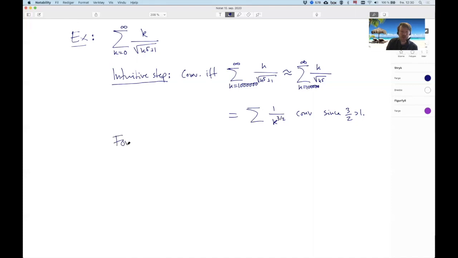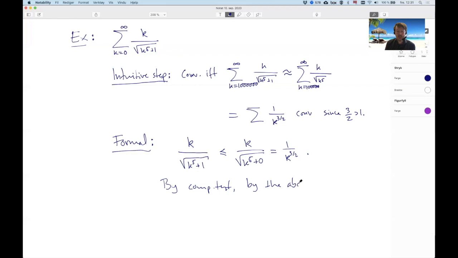So let's now do the formal step to prove that our intuition is correct. What we do then is try to use the comparison theorem. But now we know that we're after an inequality connecting these terms to those terms. And in this case, this is not so hard to do, because if we replace the 1 by a 0, this expression becomes larger. So we're getting this. And just as I got 3 halves in the power above, I'm getting it now. So by the comparison test, by the above inequality, we have that the sum where k goes from